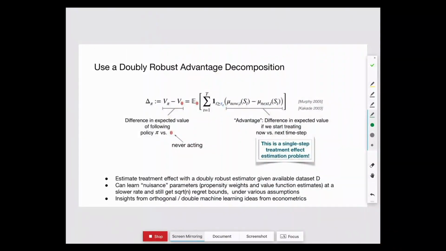And so the really cool idea to me is that we might be able to get much worse estimators for our importance sampling weights or for our approximate parametric models. You might be able to get fourth root rates and still get square root rates for your resulting estimator. So I think there's a lot to be done in this space, and I just want to highlight that at COLT this year, the best paper was by Dylan Foster, thinking about similar ideas, orthogonal machine learning type ideas. So I think this is a really interesting area for bridging between different mathematical techniques from other communities and then extending them for these cases.